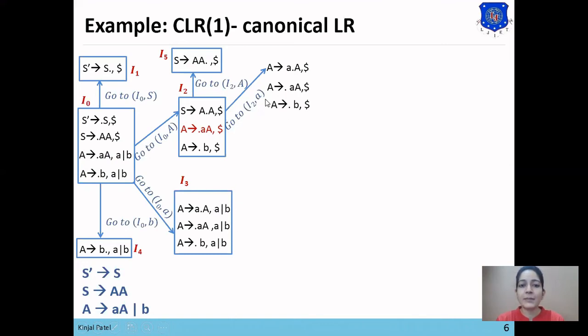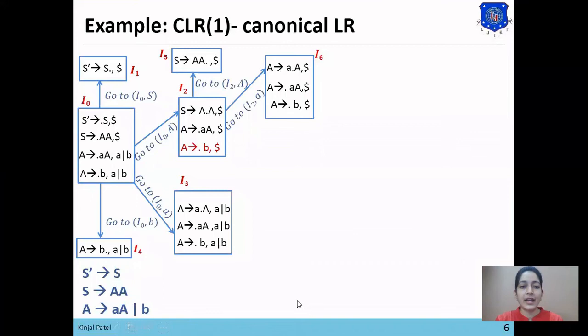So part 1 is the same but part 2 is different. If part 1 and part 2 are different, we can't say that this is a repeated state. So this is our new state. So we'll represent this set as the I6 set, not I3, because here the look ahead symbols are different. Only if part 1 and part 2, meaning the production rule and look ahead symbol, are both the same, will we represent this set as a repeated set.